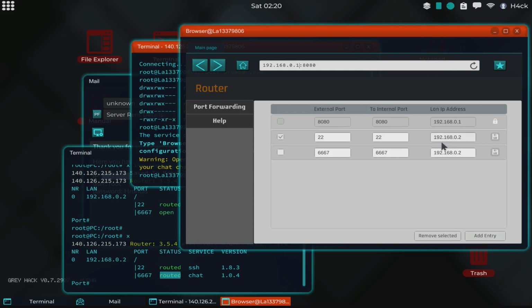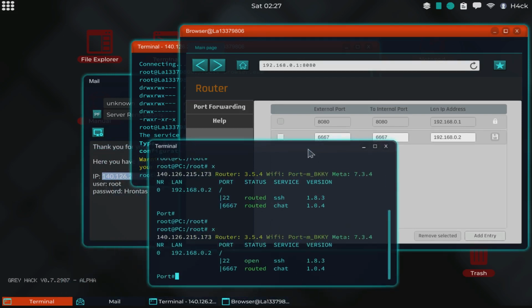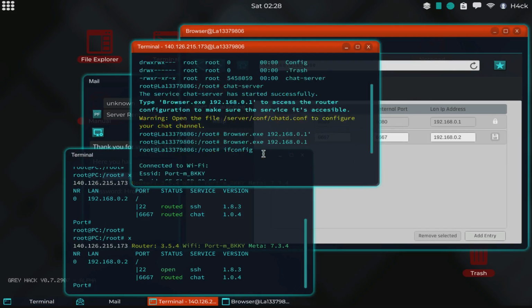If you do this, you will not be able to access the server later, and you cannot edit the config file, which we just edited. So keep that in mind if you remove the SSH. We're going to do it, so remove the port forward. And if we now check on the IP, you can see that the route is gone. It only says open, so it cannot be accessed from outside the network, but we can make it even more secure by